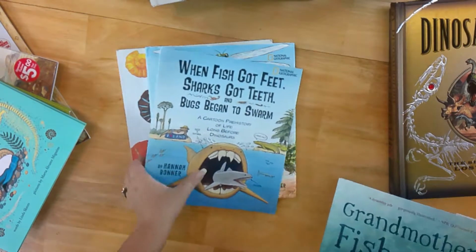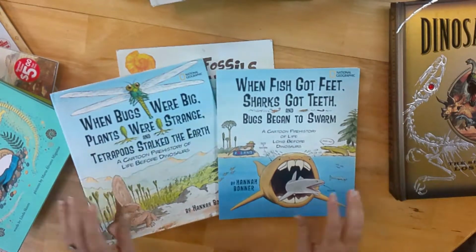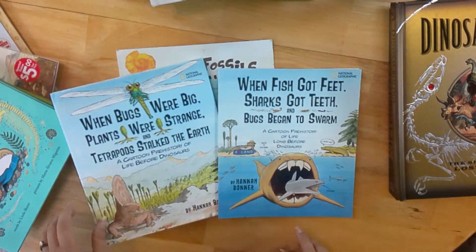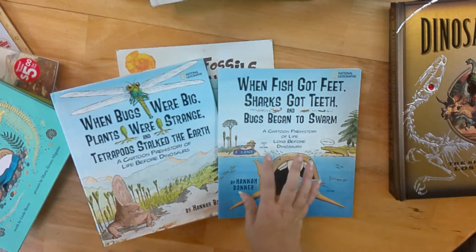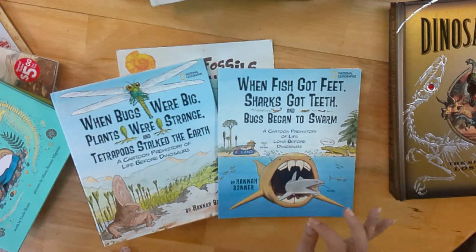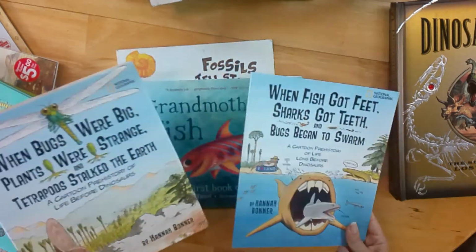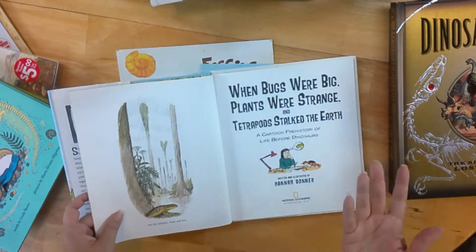This one, actually I'm going to put this together with this because they go together. So we have these two books. These are two in a series. So we have When Bugs Were Big, Plants Were Strange, and Tetrapods Walked the Earth, a cartoon prehistory of life before the dinosaurs. And then this one is When Fish Got Teeth, When Fish Got Feet, Sharks Got Teeth, and Bugs Began to Swarm. So these two are really cute picture books that go through these times before the dinosaurs,